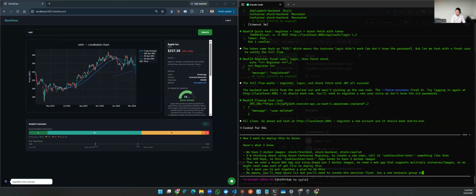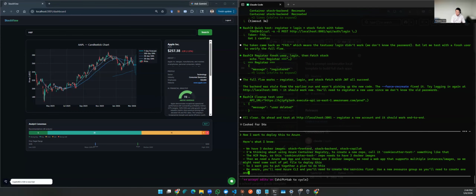So you'll need to create one and name all services you created with a cookie cutter test prefix or something similar. And obviously including the resource group, ACR, and then Azure Web App,